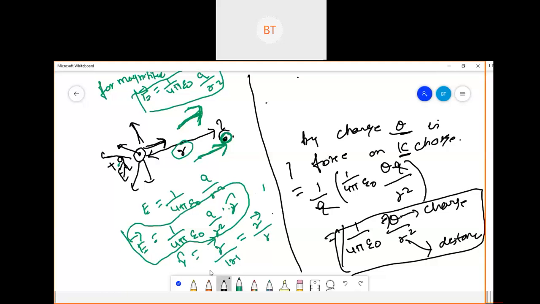How to calculate the direction, we have already seen, but we were not clear why we were doing that at that time. So this is to be done to calculate for the point charge. For direction, this formula you needed to apply, and for only calculating the magnitude, this thing we needed to apply. You always have to remember that if you take a positive point charge q, the direction will be like this, in this direction. If you take a minus charge, the direction will be the opposite side. So you need to be clear with this. I think it is clear to you. I will tell you one more thing.